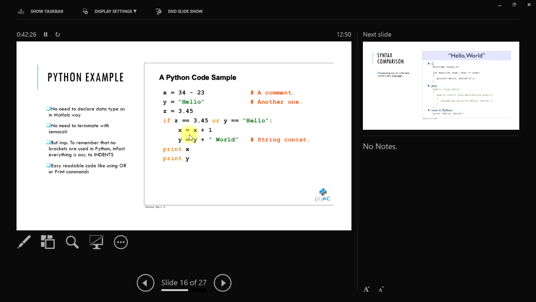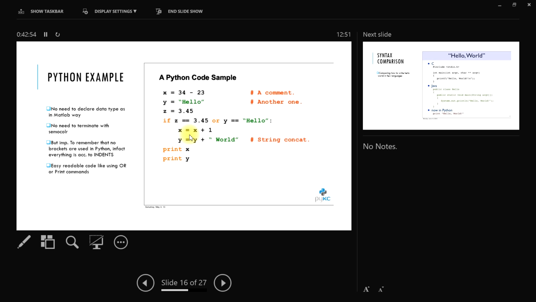Generally, you would have made a bracket over here. But in Python, we don't do brackets. We just give some space to all the lines which you want to be in the loop. There is no end to the if loop. The if loop will end over here, whenever you come out of the indent. It's like the bracket started from here and ended over here with the indent.